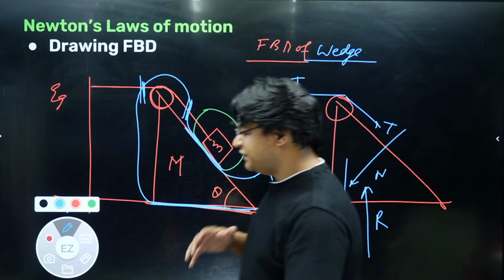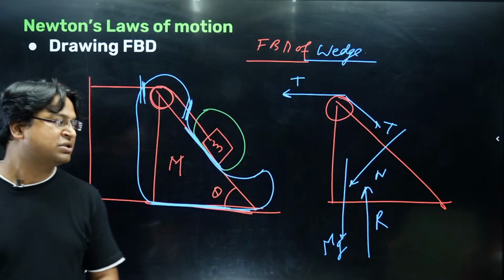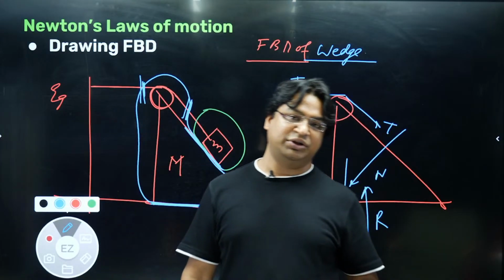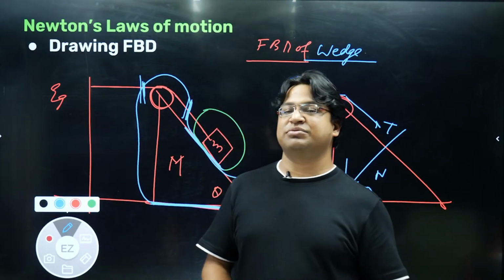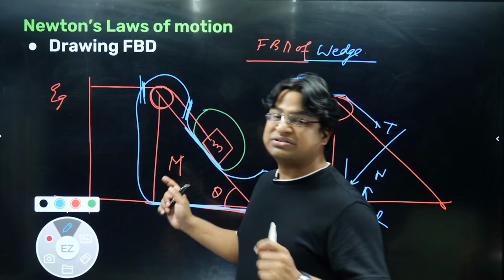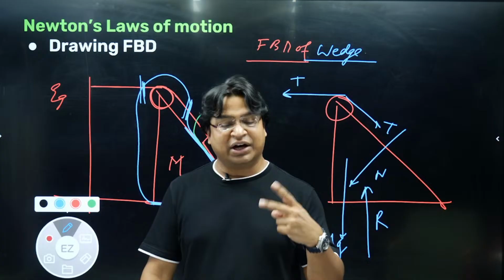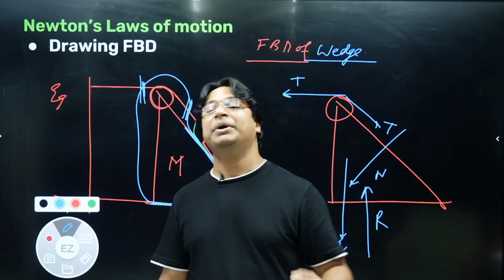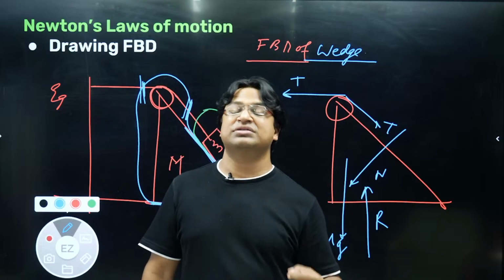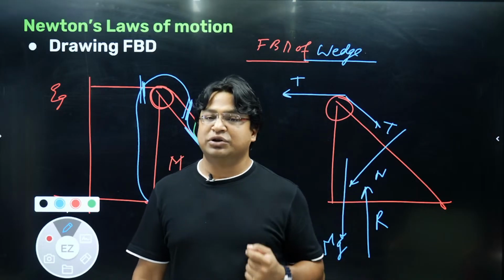So guys, as we move forward, as things become more complex, you will find that in a single diagram there would be 10 to 12 forces that you need to take care of, and that is where the situation gets complicated. If you are not following the proper steps, then there are two things that can happen. You can either omit a force that you need to draw in the FBD, or you may end up drawing the same force twice.